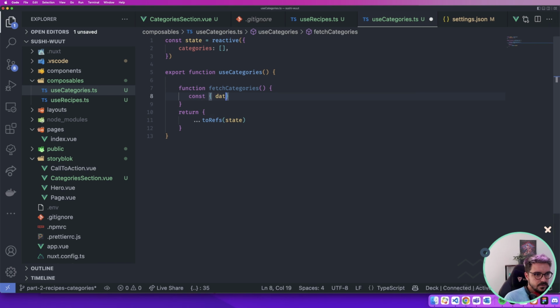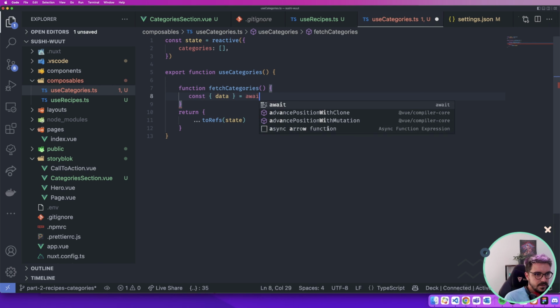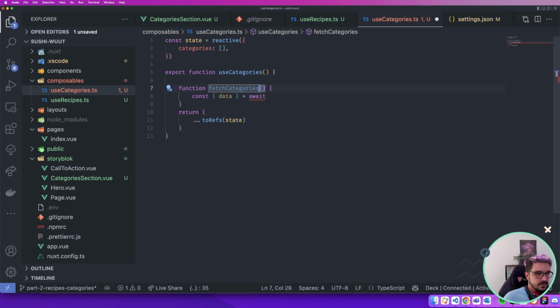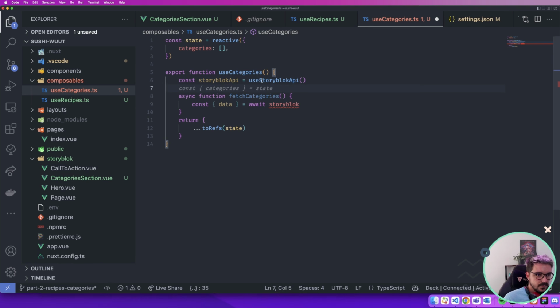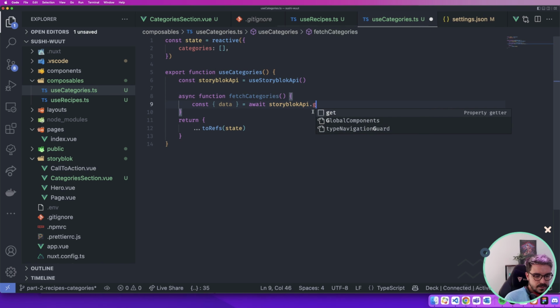I'm going to create the data here equal to await, and that will make this function asynchronous. So await a Storyblok API, but yeah, we need to add it here. So we need a Storyblok API equal, so this is the composable that gives access to the API, and we need to get